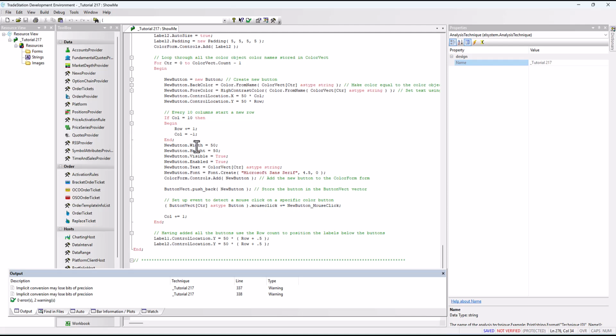And we do that in this little area here. We add the button to the form. We also add the new button text and set the font, make it visible, etc. And then you'll notice also that we could click on a button and that would have an effect. So we need to set up an event. So the button has been stored in this vector. So we could say button vector counter as type button dot mouse click, and that then